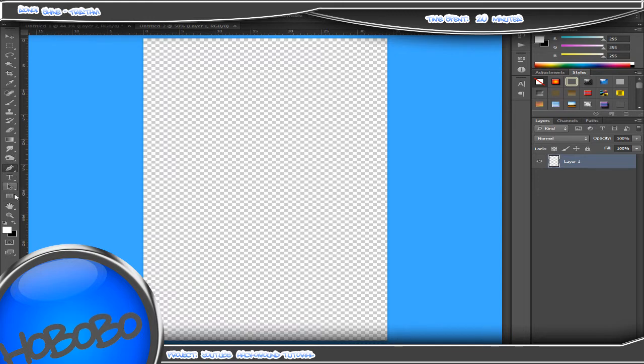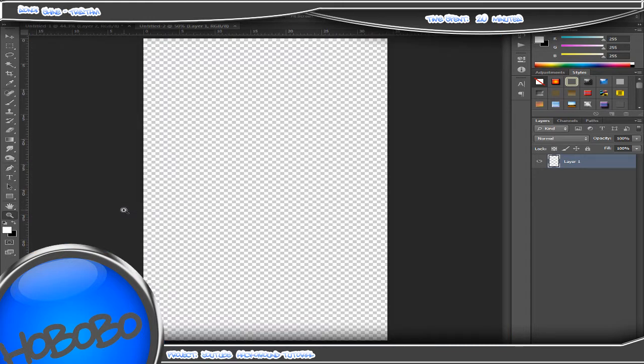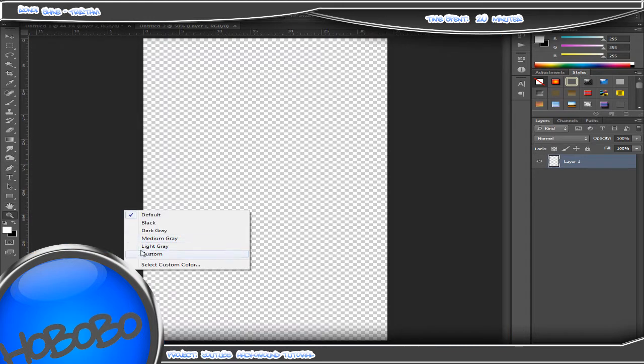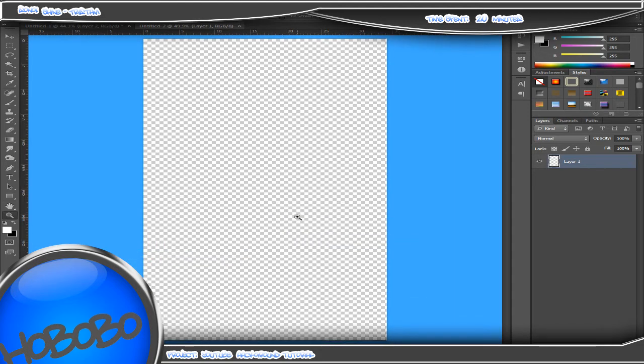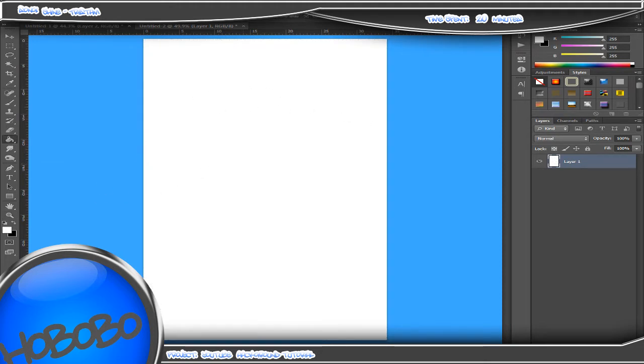Now you're gonna have this little box right here. This rectangle. Now this is like the middle of your background. The background that you won't be able to see any of that when you make your background. So the easiest thing to do is just take your paint bucket and color that in,